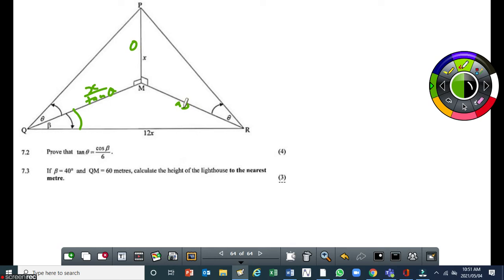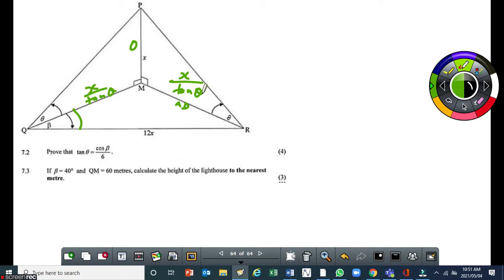So what that means is, since this x here is common to both triangles, and this theta here is equivalent to that theta, I can find the length of MR in terms of theta. And that length is going to be equal to x over tan theta. You agree with me on that? Yes. It's the same as the length of QM. So that's the reason. Well, you don't have to give a reason here because this is trig. But the reason is that